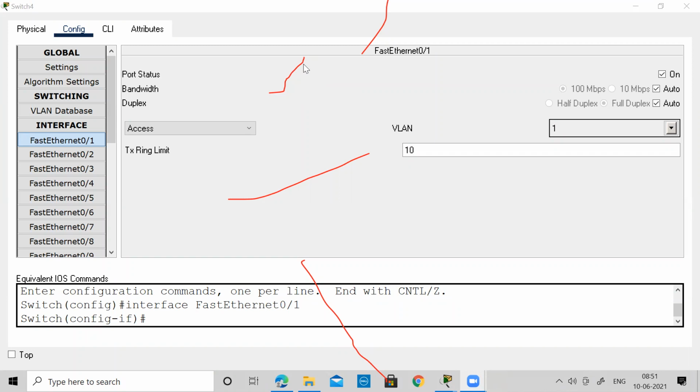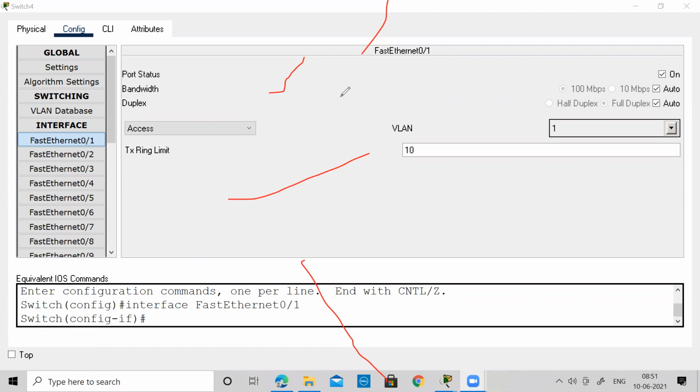Okay, so now what I was talking about, these common settings of bandwidth and duplex play a major role in networking, though often we just learn the configuration and know the concepts well. But you need to know this basic idea about communication, because this is all related to communication settings. So when you say bandwidth, we need to see that the two ends, or the two devices, are synchronized with the same bandwidth.